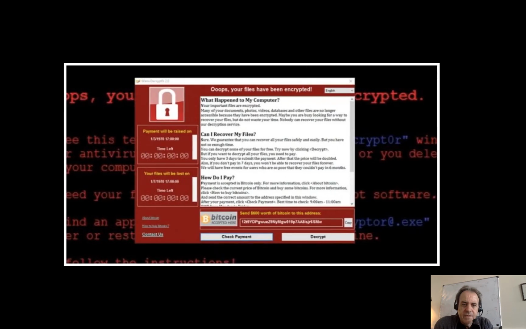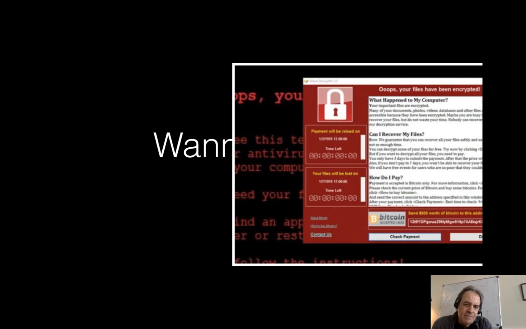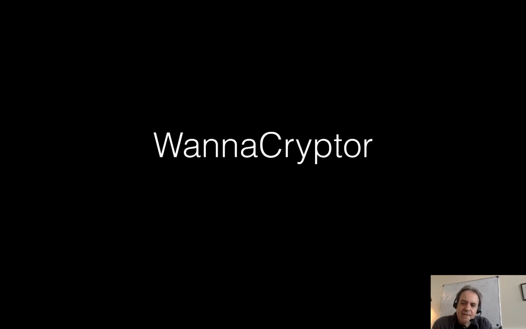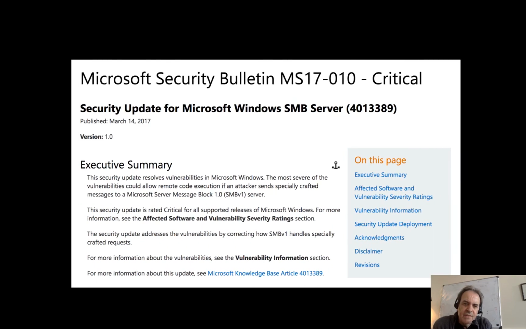Okay, so this was the attack against the NHS, where a number of machines had been compromised with the WannaCrypter ransomware. This was the type of message that was received on the machines, and it was typically around XP type machines, but it could be open to many other types of Windows machines, but it particularly went for XP because XP hadn't been updated against the vulnerability.